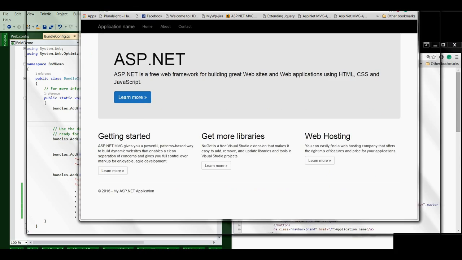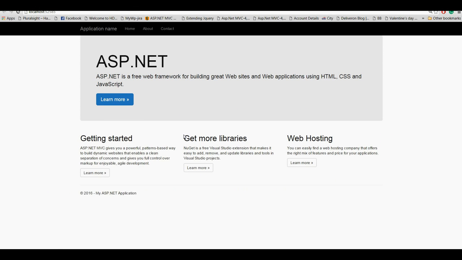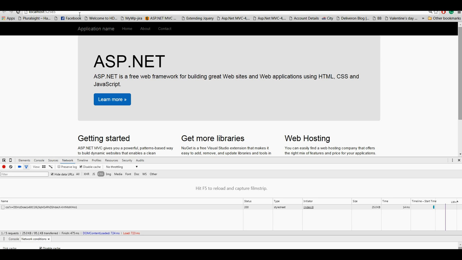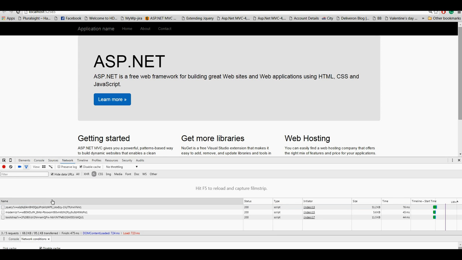We can also notice the performance of the page. Let's disable cache, and on the network tab, start capturing and make a refresh. Here we can see that the total download time of the page is 723 milliseconds, and we have to download only one CSS file and three JS bundles.